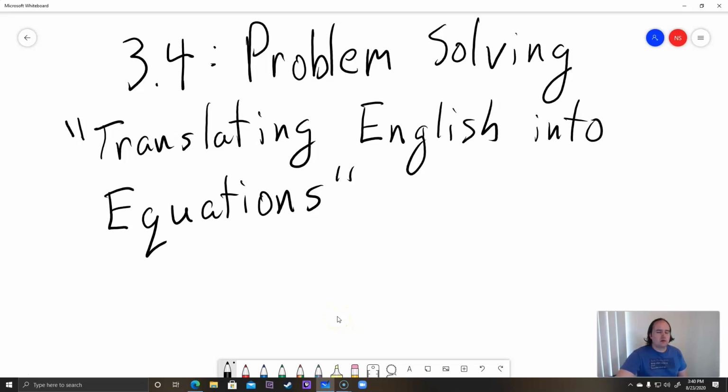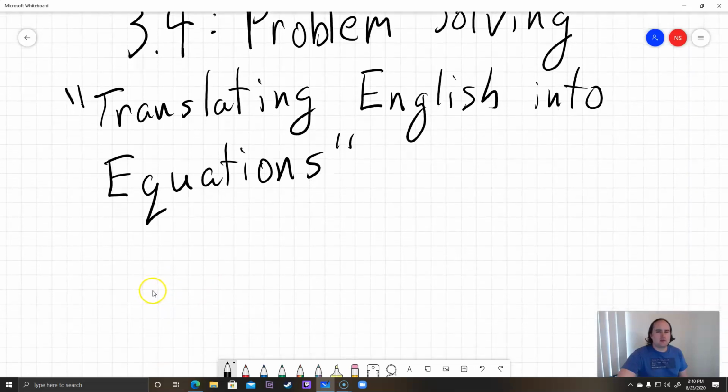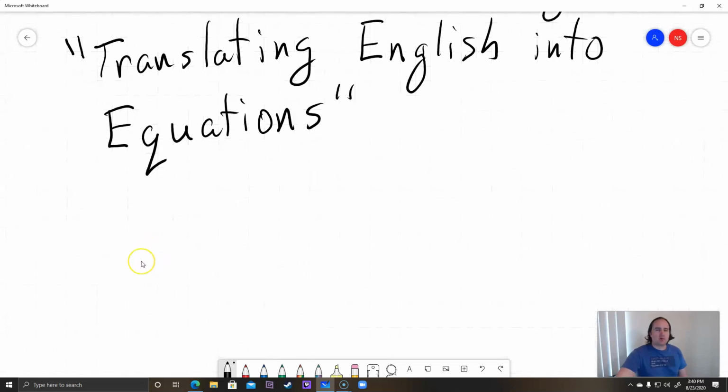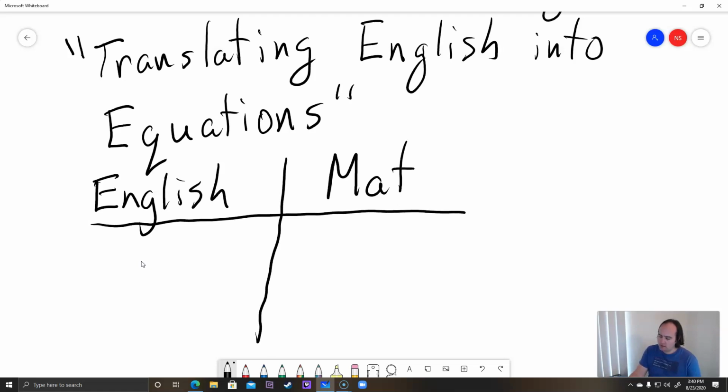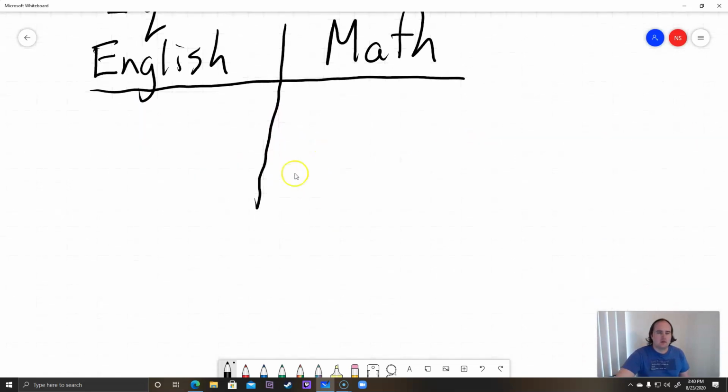So I'm going to be working through a lot of examples here. We're going to start with some more basic examples. But before I even do an example, I should probably write down some important words here. So what are some important words in English, and how do they translate into math? I'm going to make a short table here. I can add more to this table later, but for now,